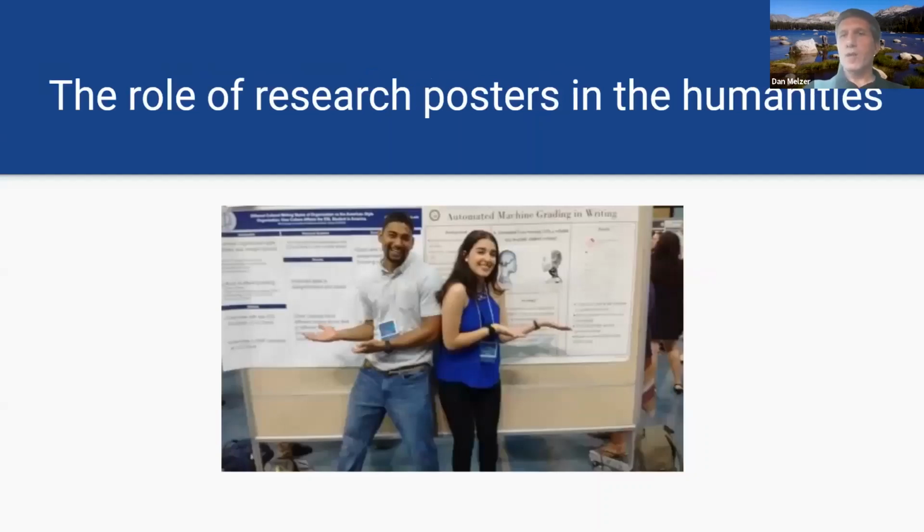So first, let me just say a few words about the role of research posters in the humanities. You might associate research posters with STEM fields. Oftentimes in STEM fields, folks are reporting about the results of a laboratory study or